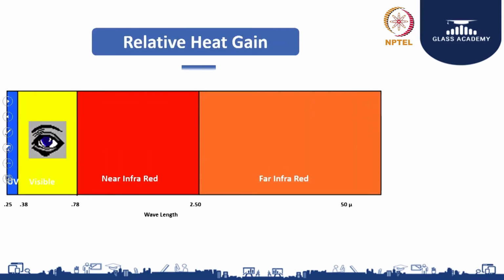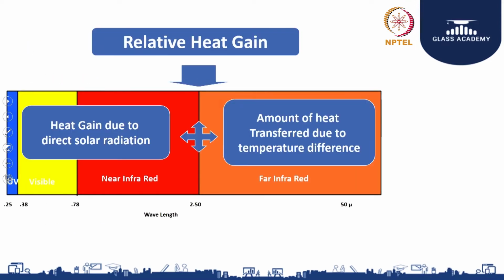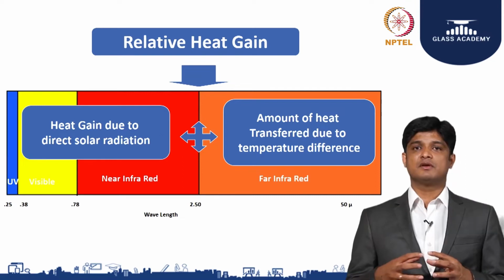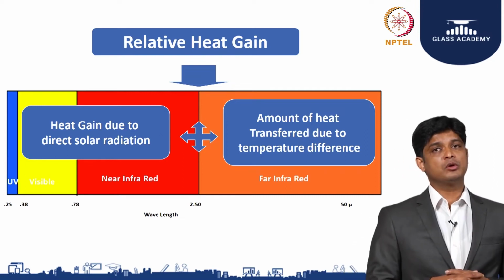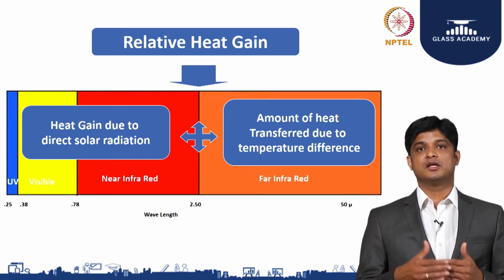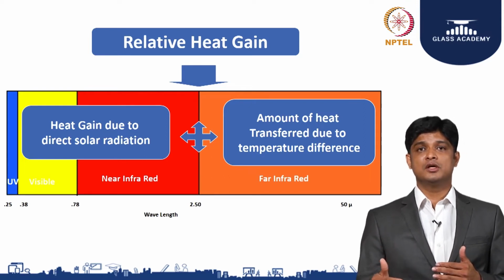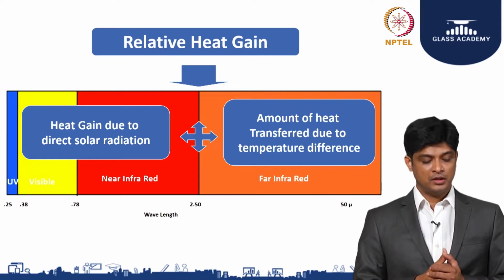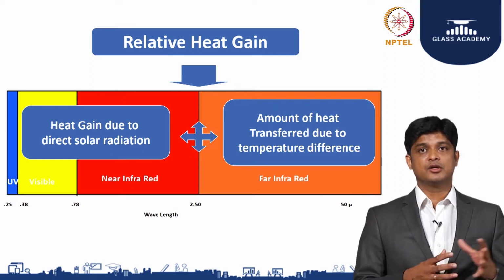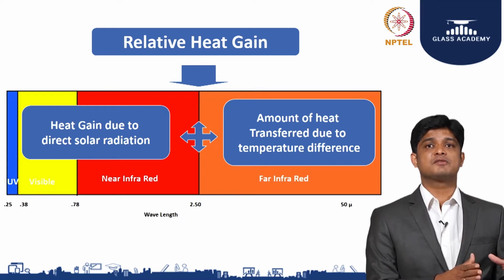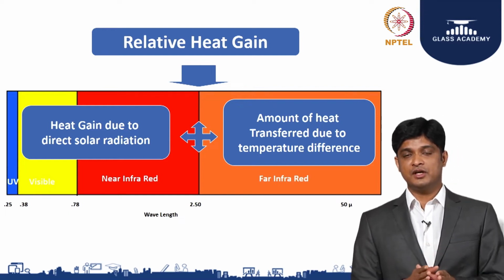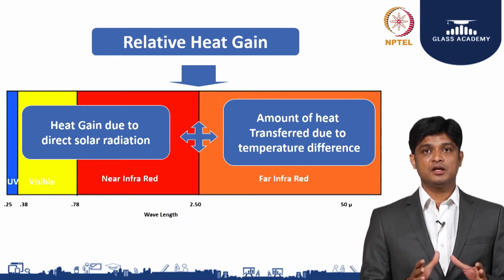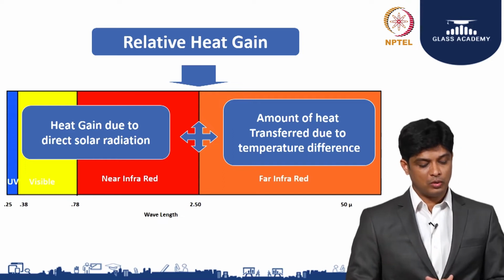So what is the impact of this heat coming in? Because in any building, when we do the cooling load calculation, the two parameters which we will be calculating are the envelope heat load and the internal heat load. The envelope heat load is nothing but the amount of heat getting transferred from the external world to the inside of the building through the envelope. So ideally when we use glass, you have to understand what is the percentage of direct heat coming in and what is the percentage of indirect heat coming in, the sum of which is going to impact the overall cooling capacity.